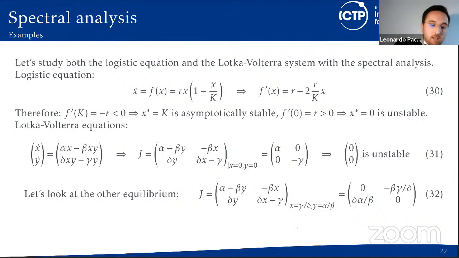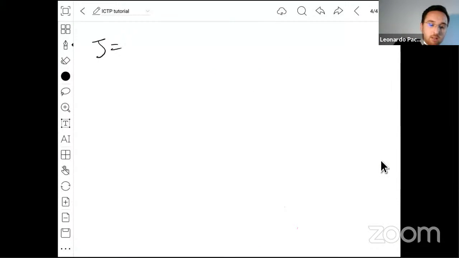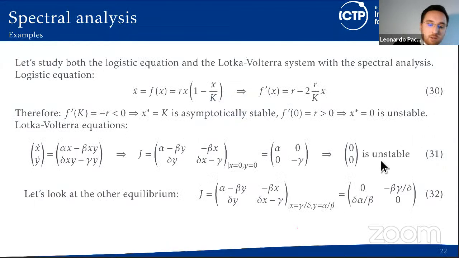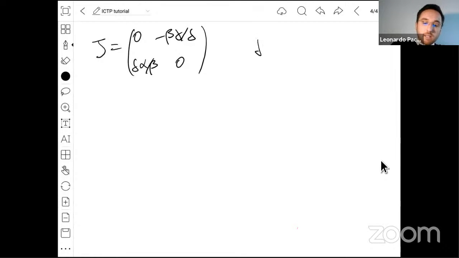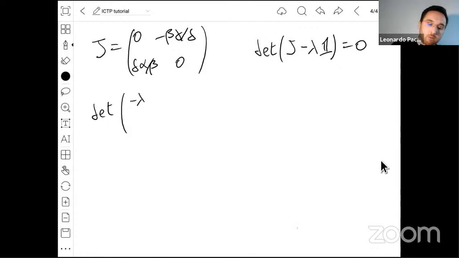So let's see. Let's compute the eigenvalues. Now let me just write it down: beta gamma over delta and delta alpha over beta. Okay. So just to remind ourselves, the eigenvalues of a square matrix are computed by setting to 0 the determinant of the matrix minus lambda times the identity matrix. So let's do this. We have to compute the determinant of minus lambda, minus beta gamma over delta, delta alpha over beta, minus lambda,